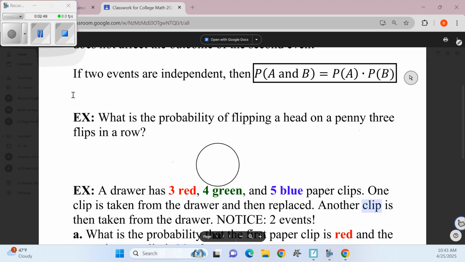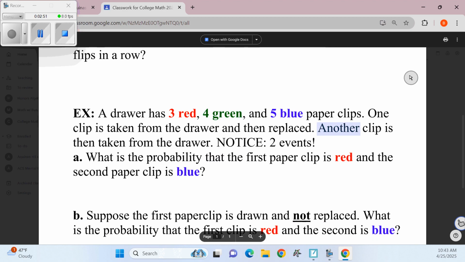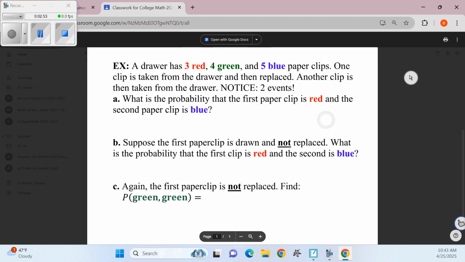All right, let's talk about one more example. And you might remember this one. I took this right out of our probability unit from Algebra 2. Imagine that I open up my desk drawer and I have a certain couple of paper clips. I got 3 red ones, 4 green ones, 5 blue ones. So all together, we have 12 paper clips. If I take a clip from the drawer and then I replace it,